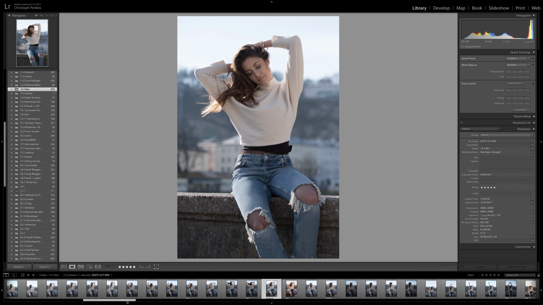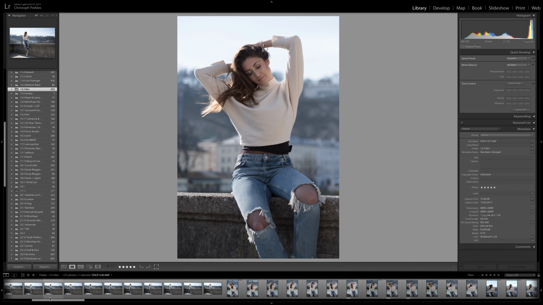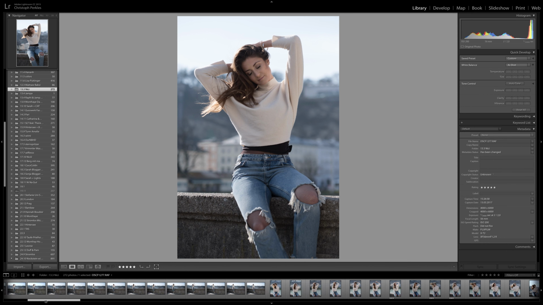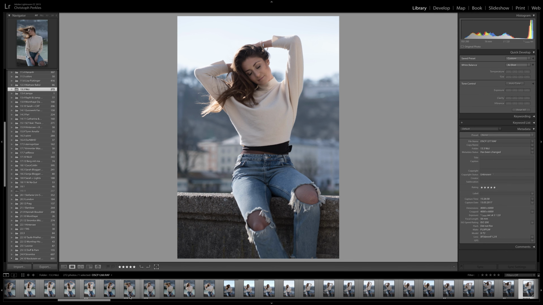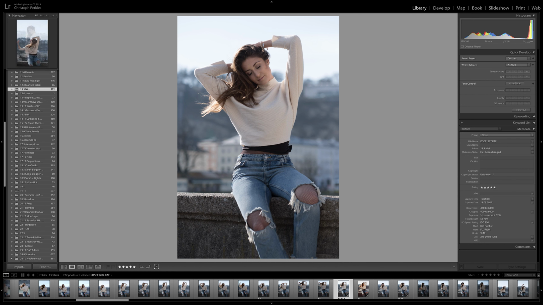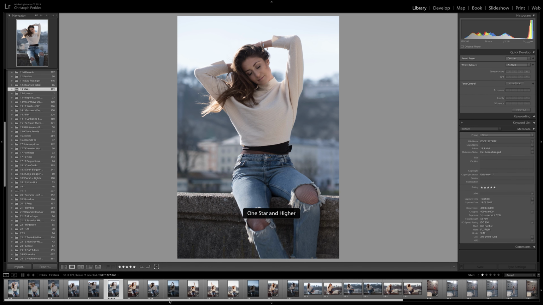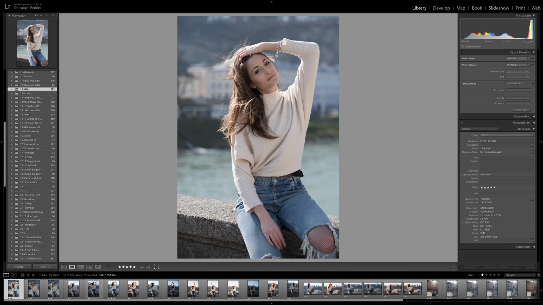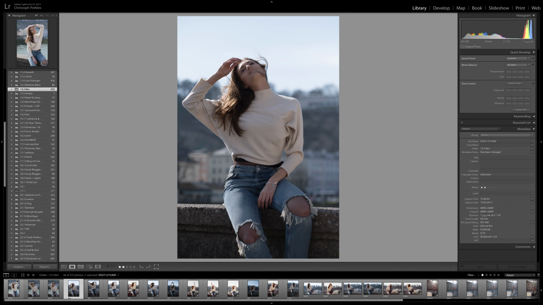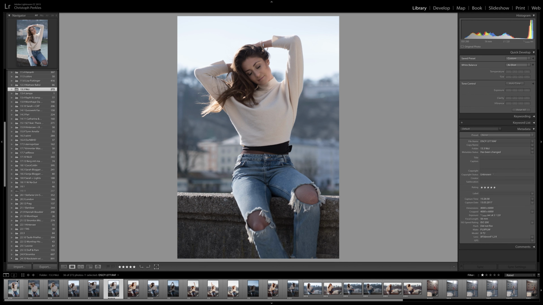I'm rating my pictures from 1 to 5, how much I like them. So I already did that with this set. So let's filter my pictures to the rated ones. So now I can choose which one I want to edit first. So let's take this one for example. I switch to the Develop tab, and